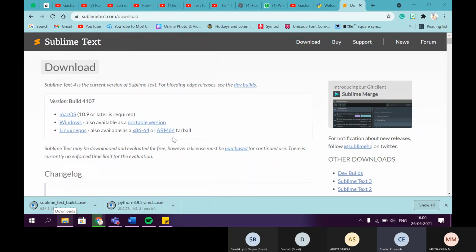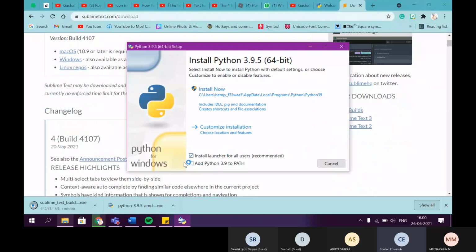Yeah, it's almost done. Hold on. Don't do anything. Hey, don't click those things. So Meenakshi, now your Python is almost ready. So let's first install that. Yeah, let's open. Don't do anything. We have to do certain things. Hold on.